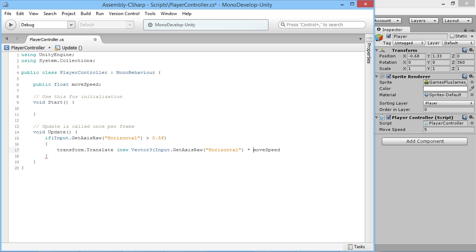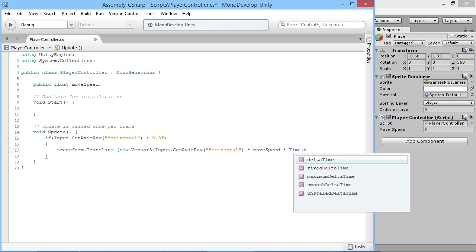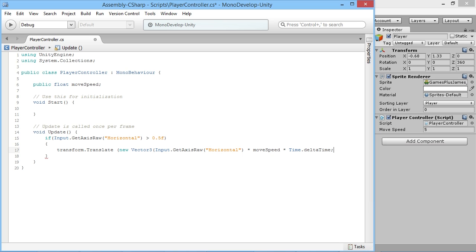Oh, I need a space there. Yeah. So this little asterisk symbol is the multiply symbol, and we also need to multiply that by a thing called Time.deltaTime, like that. And we're just going to close these brackets here, and then at the end of this statement,